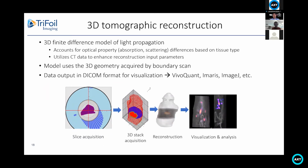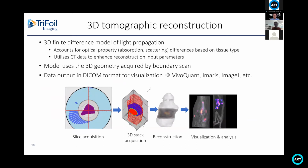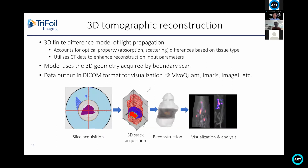So depending where you are on the body, you can assign these optical properties accordingly. Like there's a section that we recommend for the head, another section that we recommend for the thorax, and the associated organs within the animal. And then we also utilize the CT data to enhance the reconstruction input parameters. And this allows us to give you the best model for simulating the light transport into the animal, in and